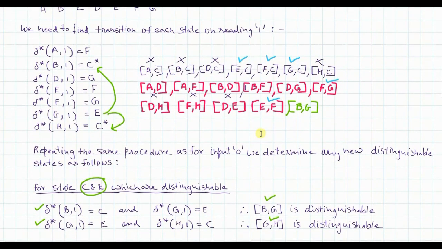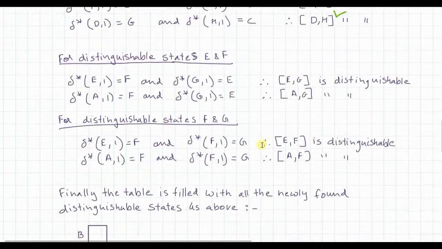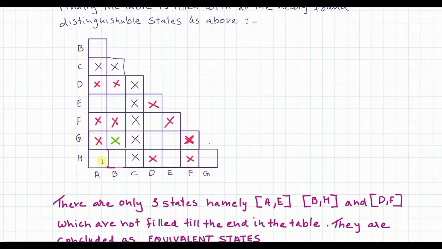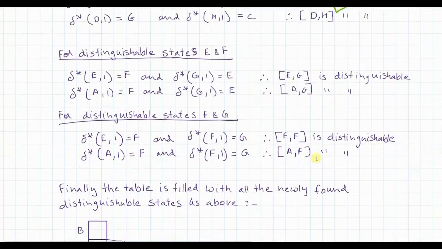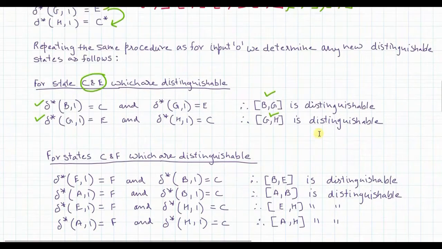So I am going to add G comma H to this list for my reference, and G comma H or H comma G is going to be marked. Now the cell G comma H is not possible, but H comma G, let's see whether it is possible. H comma G, it is possible. So the cell H comma G will be marked with X. So this is how we will be continuing further.